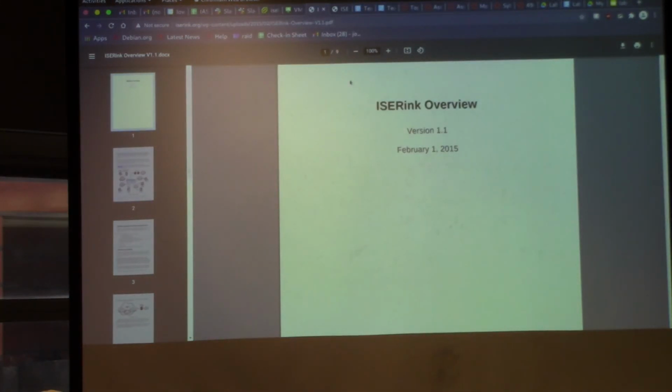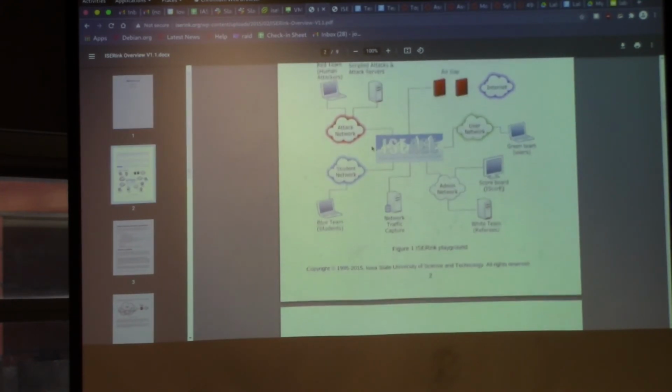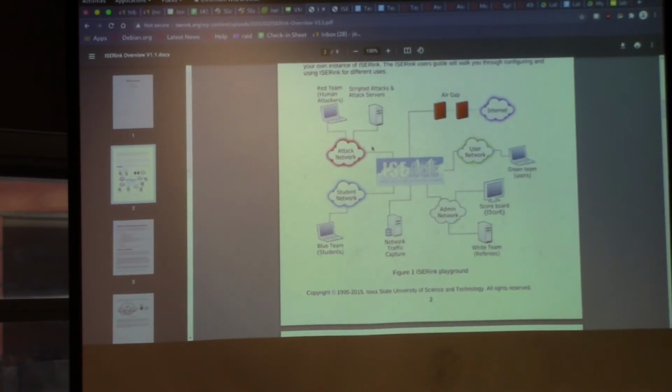IceRink, version 1.1. This is from 2015, so this is old. Here's the basic diagram, and this is like a bird's eye view. It should be pretty easy to understand, right? So this is what all of the 230, 231 labs and the CDC are run inside of. This is where vulnerable machines that we can mess up live without being harmed by the outside internet. The magic really is in the air gap and IceRink, which is what handles